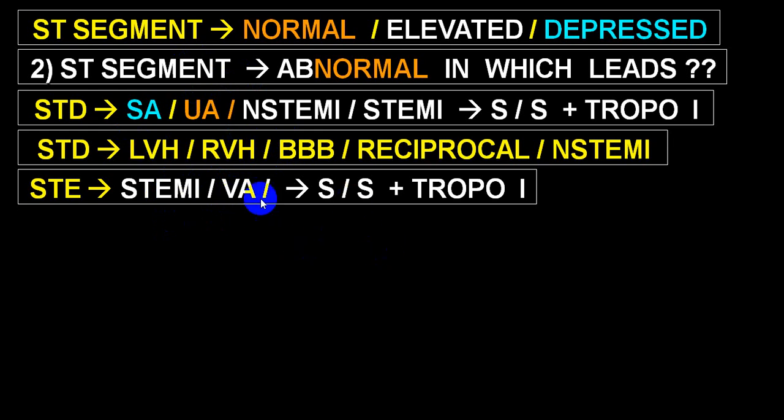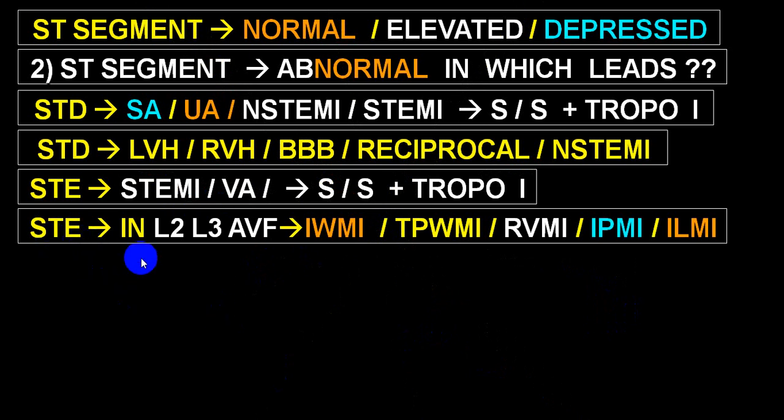By and large, the ST segment will come back to normal as soon as the pain subsides, or the vasospasm subsides spontaneously or with drugs like coronary vasodilators. And troponin will be strongly positive in case of STEMI, but in variant angina, it will be negative. So that becomes a very easy way. Variant angina is also one of the things you will have to keep in mind. You might miss it and misdiagnose it as STEMI.